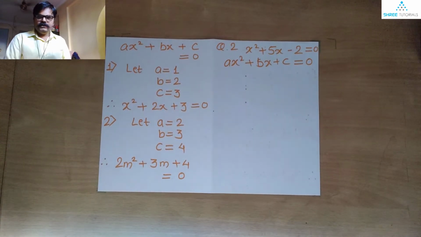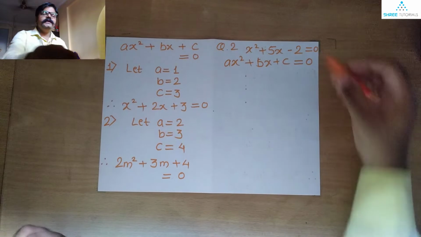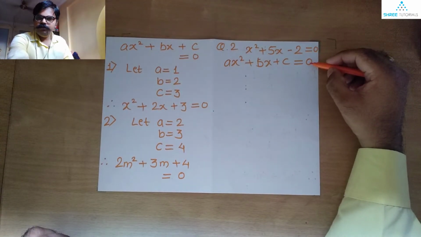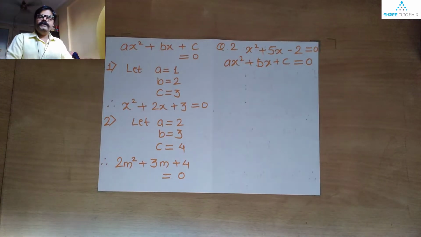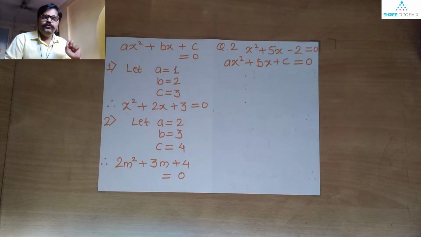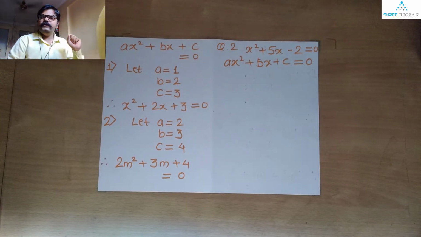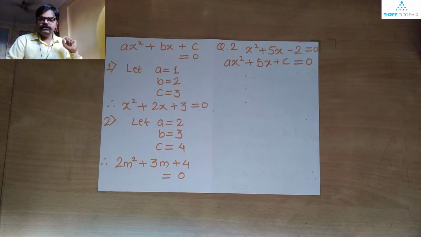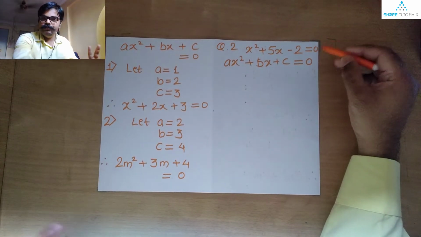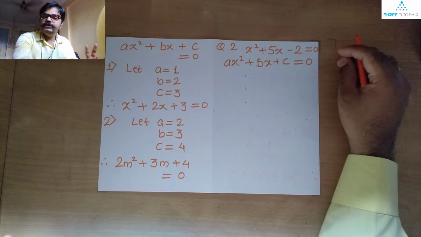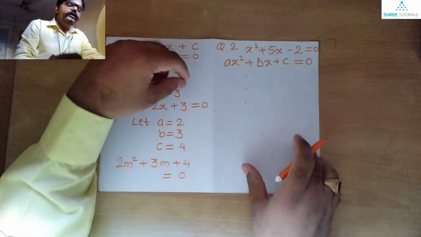So that is our first step. The observation says that yes, the given equation matches the general equation of a quadratic equation. Second, and the most important thing, is to identify who is the variable. Certainly here the variable is x, and the maximum power x has in this equation is 2. That's it. If the maximum power of the variable is 2, that equation must be considered a quadratic equation.